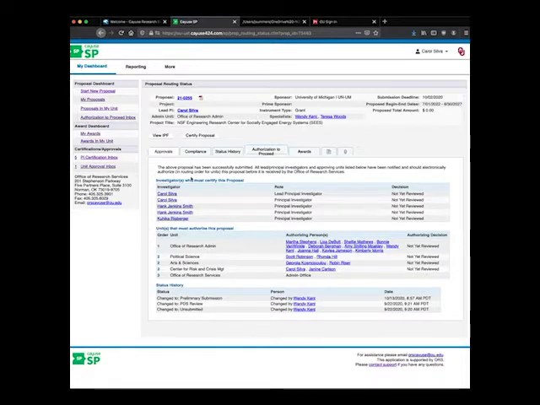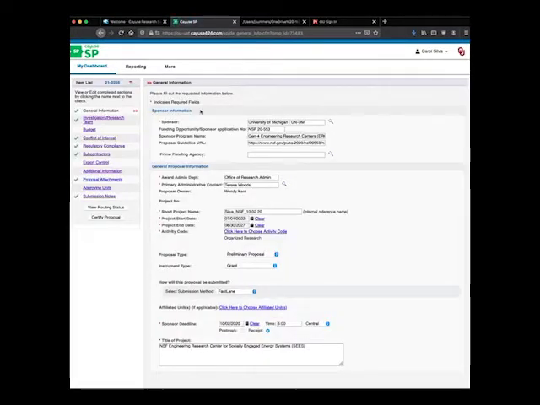And when we do that, it actually brings you into where the proposal's sitting in the routing status, which is a very similar screen to what we'll eventually see over here in the certification pages. Again, there's just a header of some basic information that you may need. And again, to go into the proposal and see more about it, you can click on it and go through, and it's broken down into the various sections of the proposal. You could go through each one of these